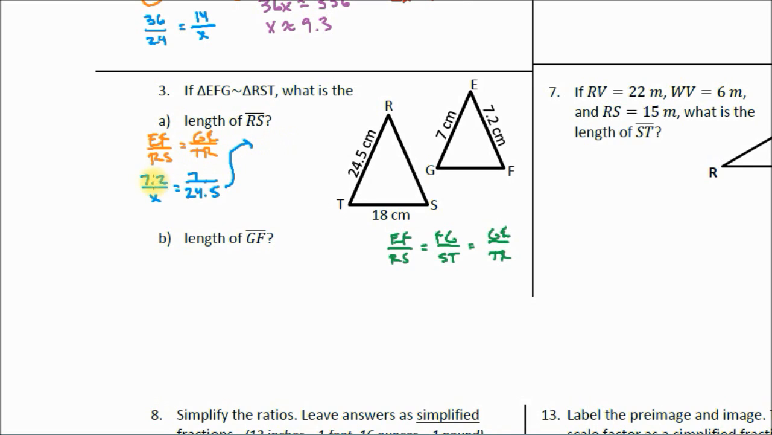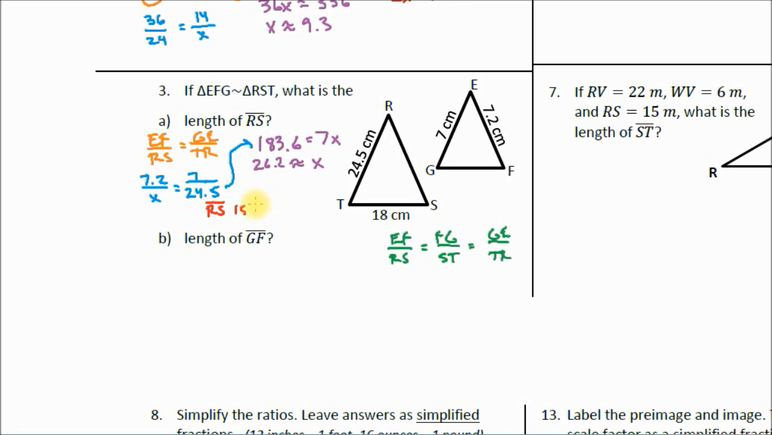Okay, so we've got 7.2 times 24.5. I'll put that in my calculator. That is 183.6. And that's going to equal x times 7, so 7x. Divide both sides by 7, and you end up with x is approximately 26.2. So our answer here is RS